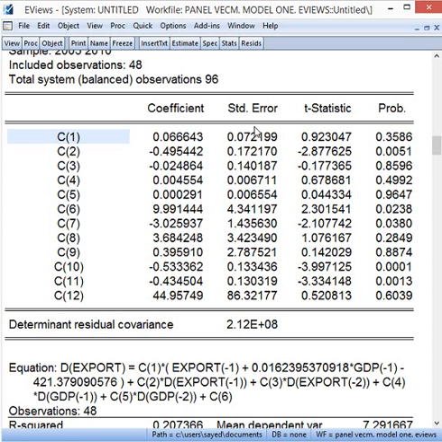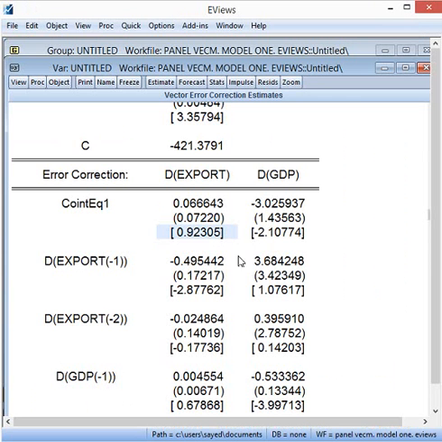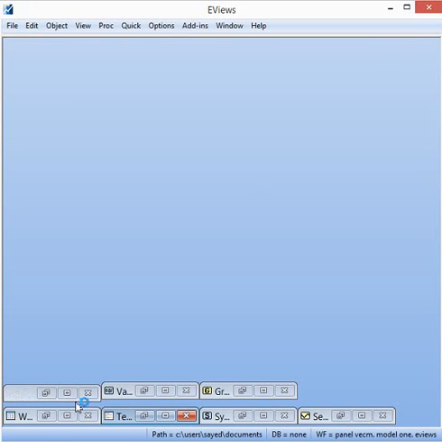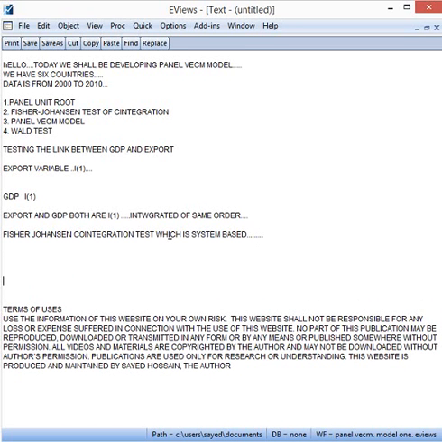Okay, so the thing is, what is the guideline? I'm sorry, I have lost it. Okay, what is the guideline? The guideline is, I can write it, the C1, right? What is C1? That is said, C1 is the error correction term. When the C1 is negative, negative in coefficient, negative in coefficient and significant,